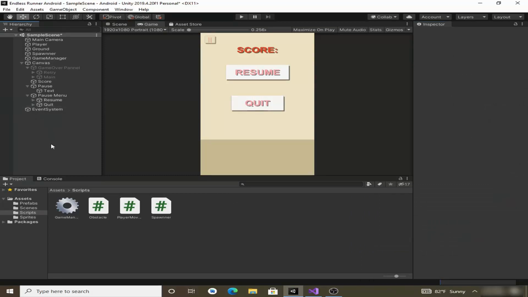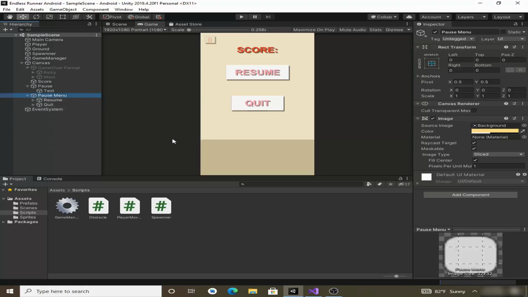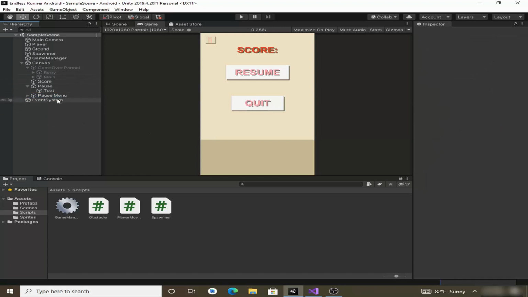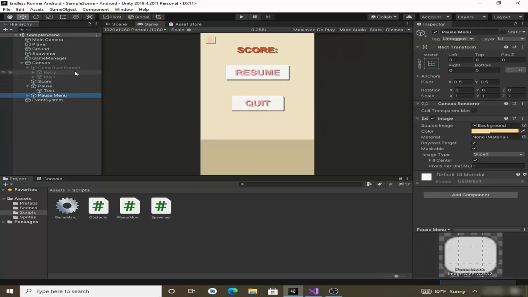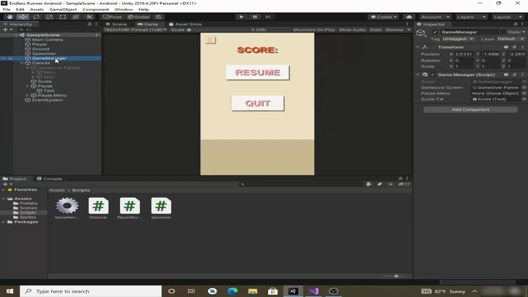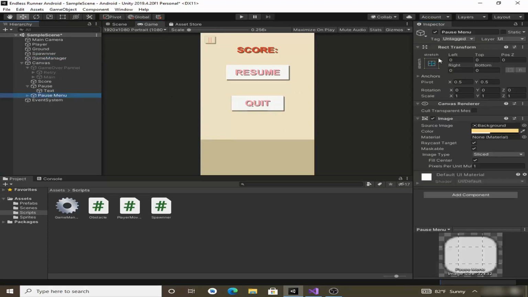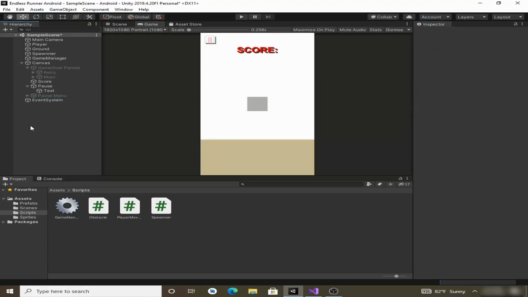Now our pause menu is ready, so we have to also assign this pause menu to the game manager object, game object. So let's drag and drop this, and we will also disable this by default. Now save, and now we can click on the play button,